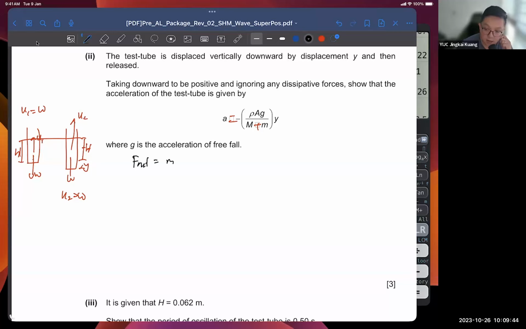Then upthrust. Remember the upthrust formula? Upthrust U equals rho V g. Yes, rho V g. V is the volume of the submerged space, and this one I can further expand. This is rho times the height times